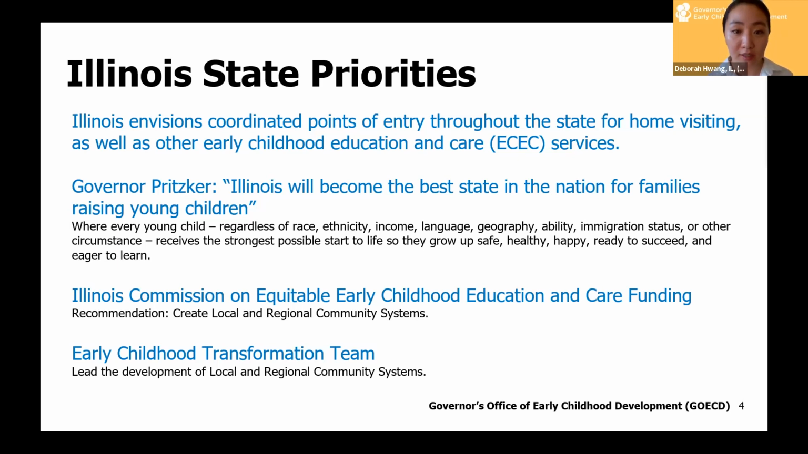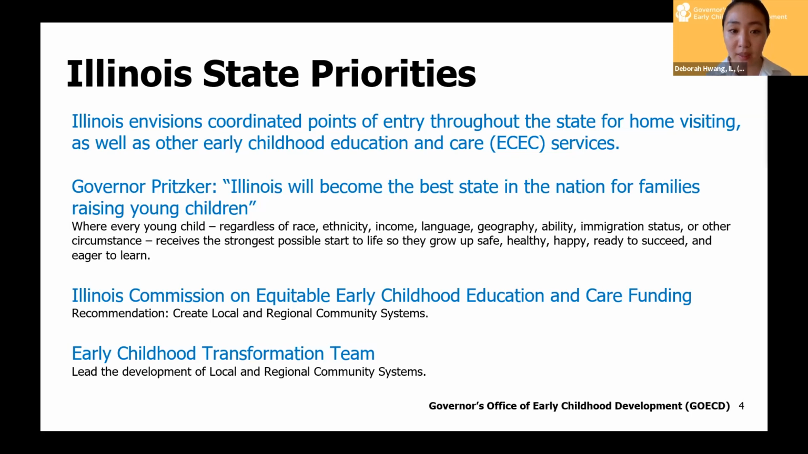So to address this system's need, the initial PDG B-5 year brought together different stakeholders, including home visiting, early intervention, health departments, and other early childhood education and care systems, who recommended that there be coordinated points of entry throughout the state for home visiting, as well as other ECEC services. So this recommendation, as well as the prior work of existing coordinated intake communities, helped to shape what this project